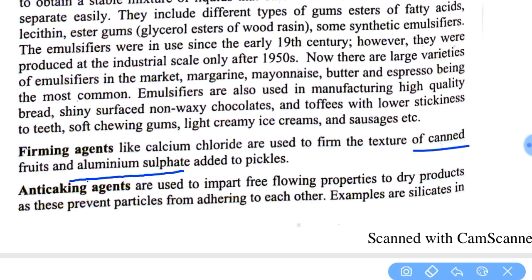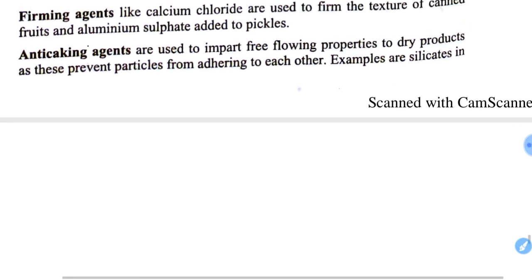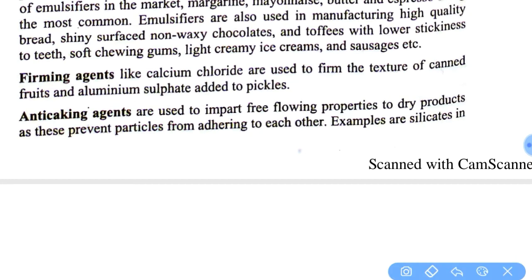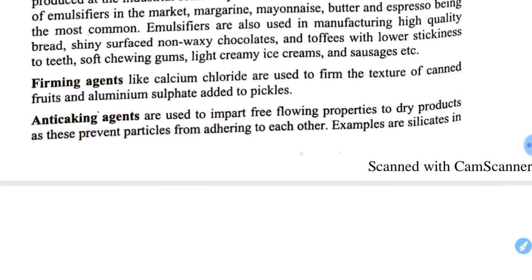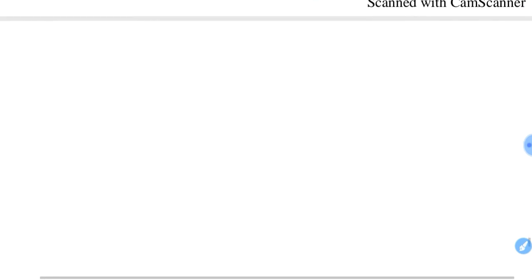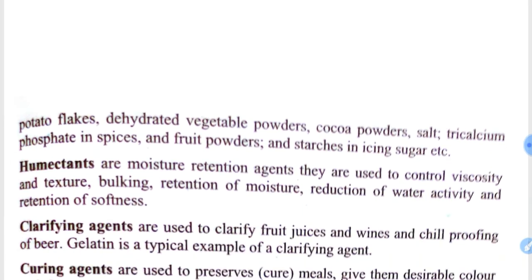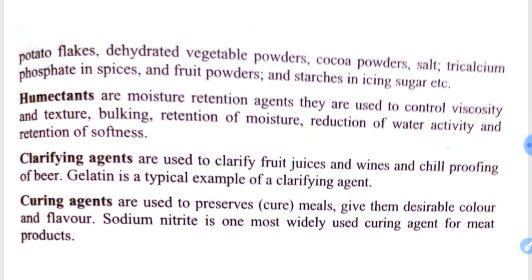Then anti-caking agents, which are used in potato flakes, help in free flowing of particles, because the anti-caking agent prevents the particles from adhering to each other, so they flow freely. An example is silicates in potato flakes, dehydrated vegetable powders, and cocoa powders, so they will not coagulate with each other. Then humectants, like